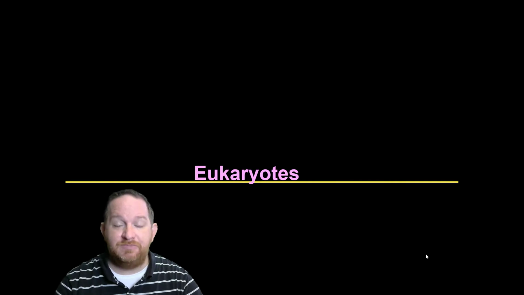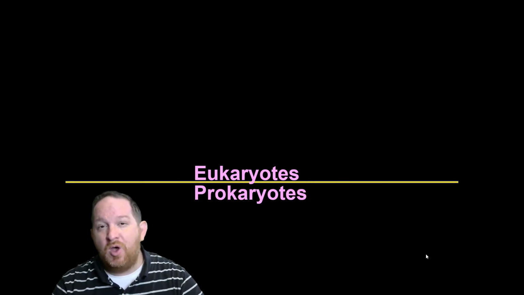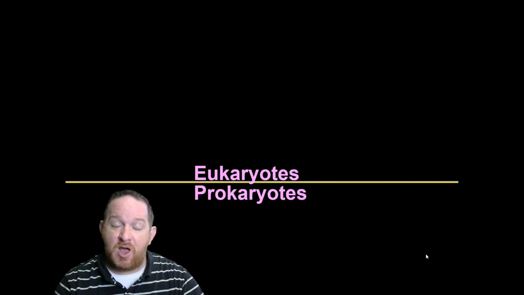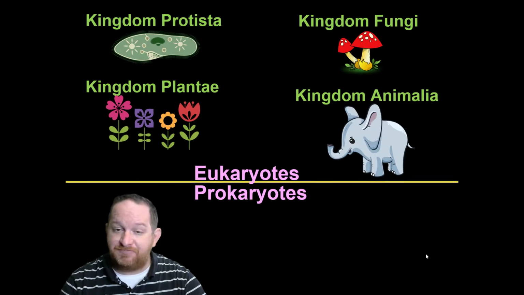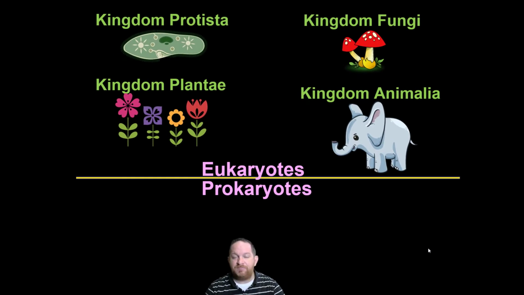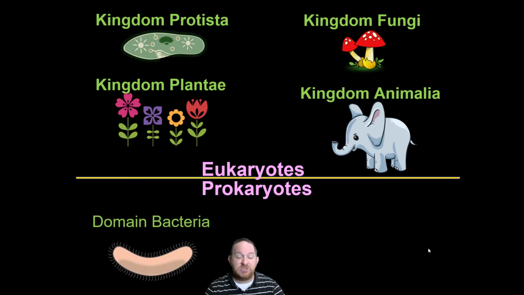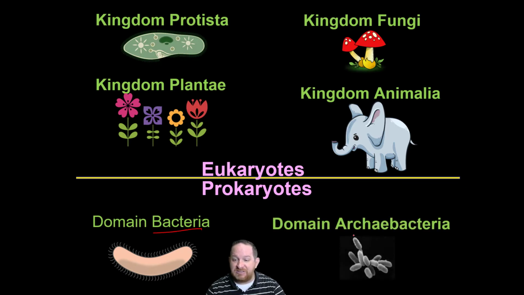When we think about life, we might easily put life into two categories: eukaryotes and prokaryotes. Well, we know eukaryotic cells and eukaryotic organisms pretty well. Those are our protists, our fungi, our plants, our animals. What's less understood by most people are these ideas of prokaryotic cells or prokaryotic organisms, which may fall into what we call domain bacteria and domain archaea. Some people say archaea bacteria, but some people just use domain archaea. So what are these two things, and what are some of the characteristics?